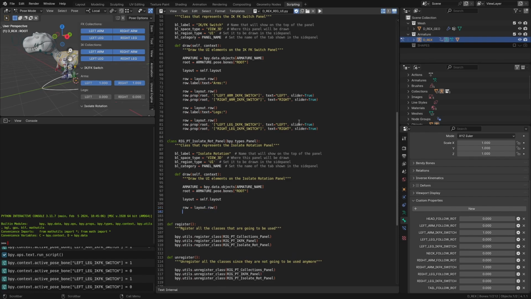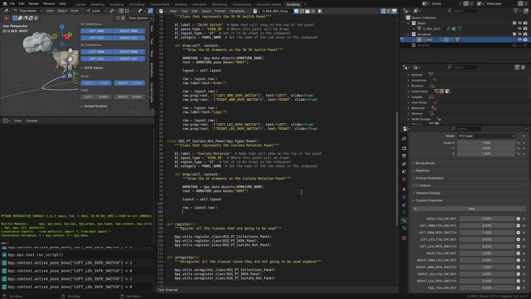And we are also going to add labels for the things that we're gonna add. So let's check. We have here the head follow, the neck follow, the arms and legs follow, and also a tail follow. So let's put all those center ones in the same place to be a little bit easier to